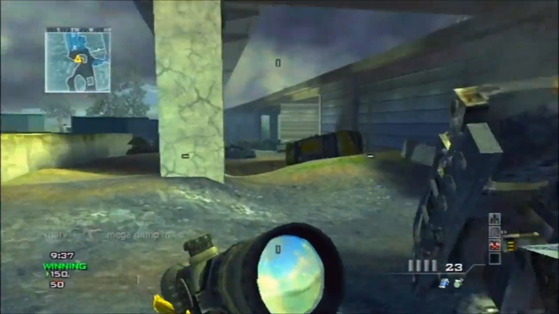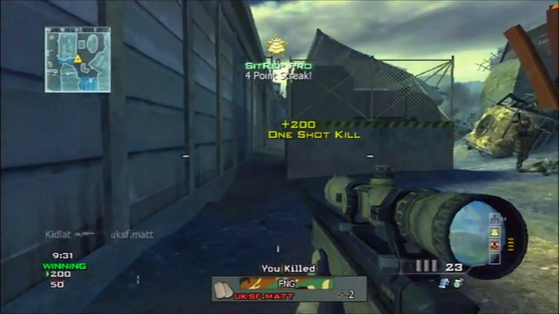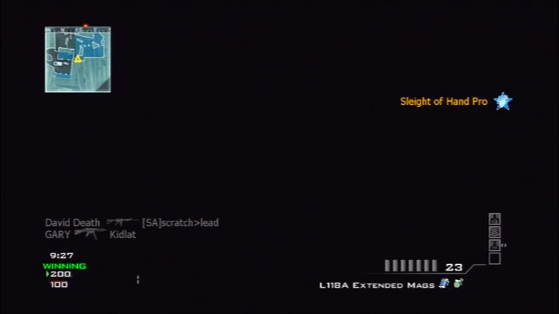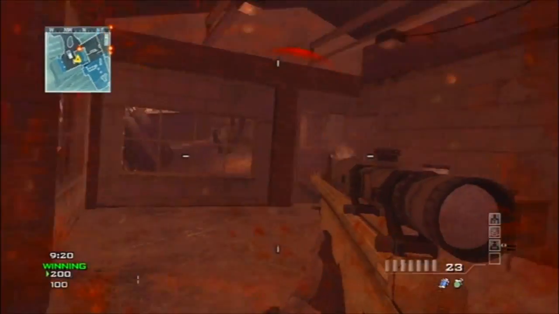I made sure that the first gold gun was going to be a gold sniper because I like sniping a lot, and I chose for my first gold gun sniper to be the L118A. Like I said before, a pretty good bolt action sniper rifle. I definitely recommend it to you guys. And I know you guys are going to say, hey Kidlot, the MSR is a lot better, it fires faster,